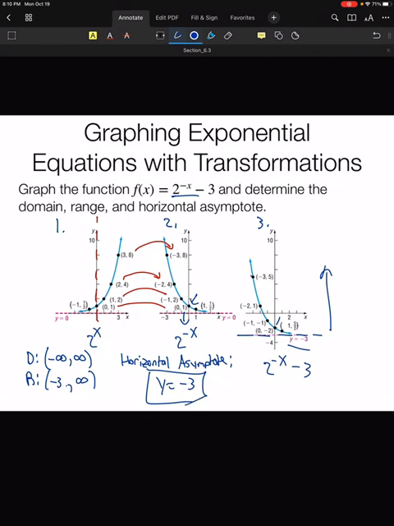Okay, so that's my horizontal asymptote. And so that's how you graph an exponential equation with transformations. Okay? And so what I'll often ask from you when we actually do these types of problems is maybe not necessarily to graph it, because that's going to be hard, but to describe what happens